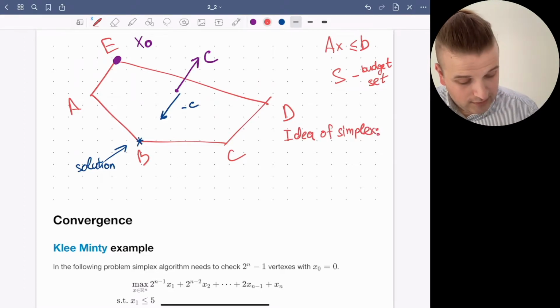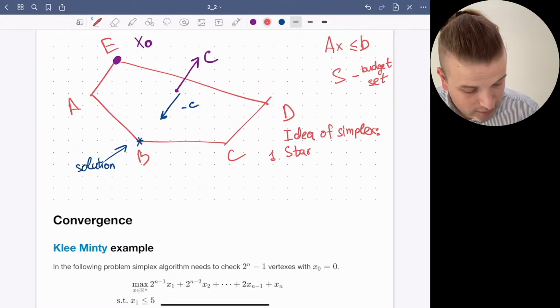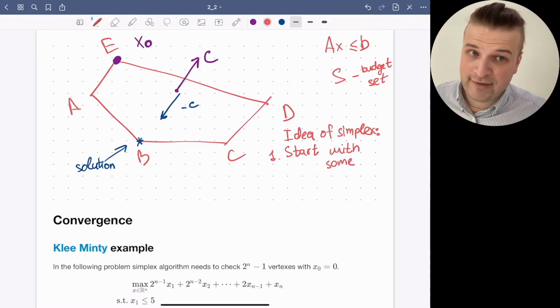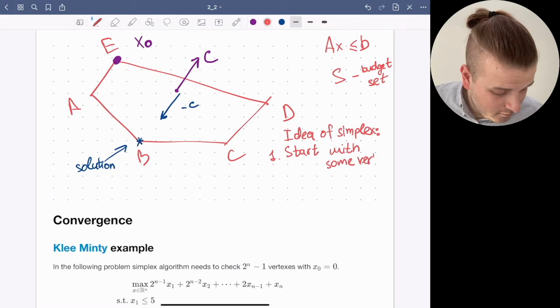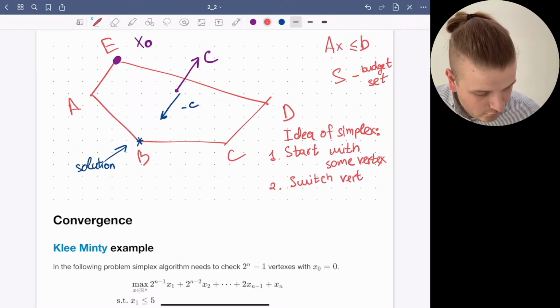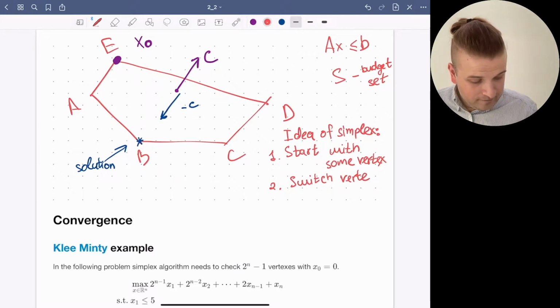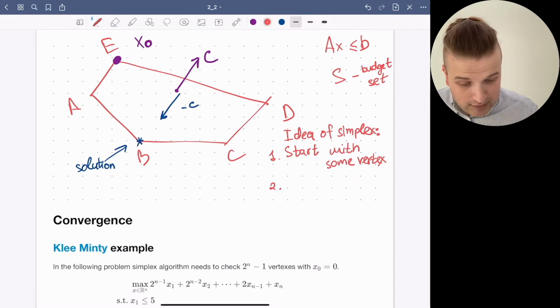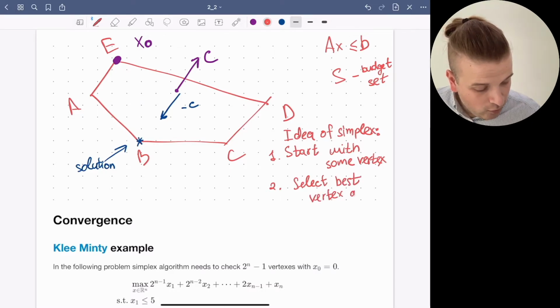Idea of simplex: first, start with some vertex, which is not a trivial task, and then switch vertices. Select the best vertex among the available ones,